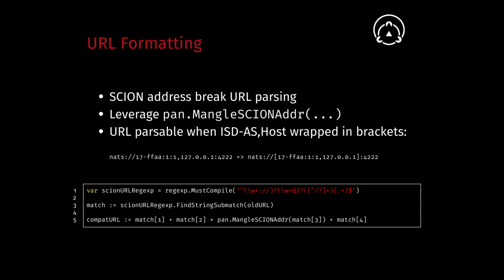And then we pass the important part of the match, which is the third part of the match, again the ISD, the AS, the host, and actually the port number, to this PAN mangle SCION addr function, which then does the appropriate calculation to make sure that we're putting the angle brackets in the right place if this actually is a valid